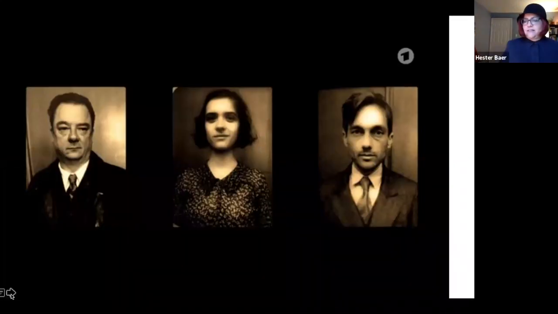And I found this image from a making of documentary about the show, and these were photos that were used by the costumers and makeup artists to work on the presentation of the actors to make them look Weimar-like. And I think it's quite interesting to see how photography and film play not only in the visual construction of Babylon Berlin, but also in sort of the broader narrative that's developed by the show. And I wanted to give some examples of that.